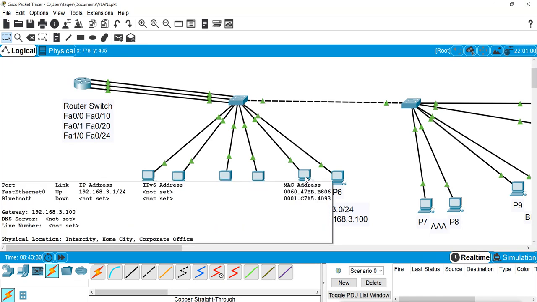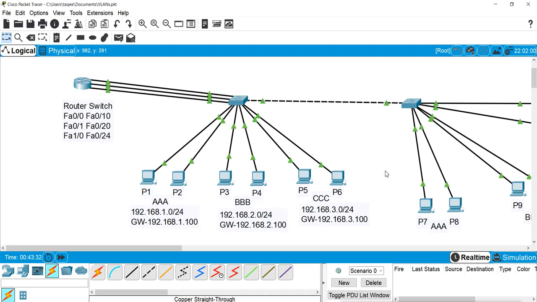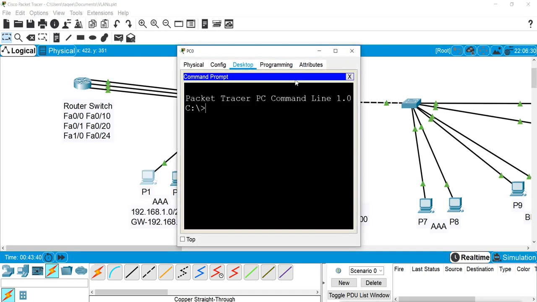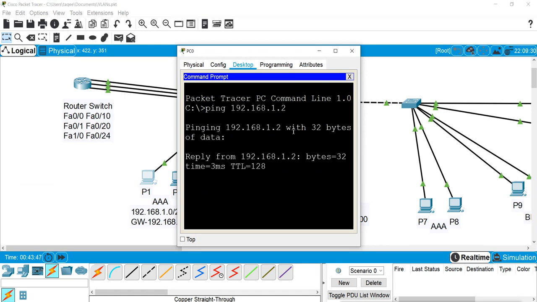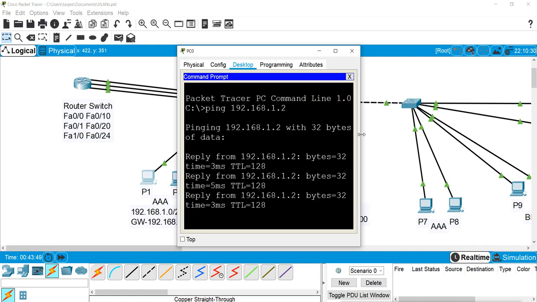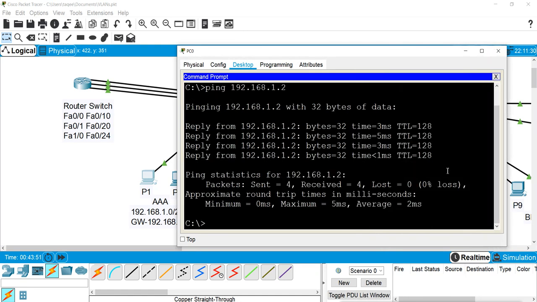So what will happen here? When we do the communication, it will send the data to the router, and then the router will send the data to the other machine. So if I try from this PC1 and try to connect to PC2, which is 192.168.1.2, I'm getting the reply. Now this is not going through the router. Why? Because this IP which I'm pinging belongs to the same network, so there is no need to go to the router.